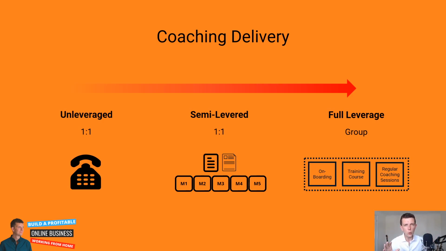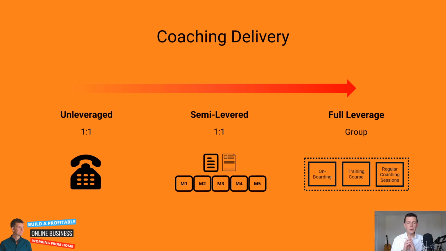Then training courses. I have several training courses built into my group program, so that means I don't have to teach each individual person one by one. It's now one to many, and people can learn through the courses. But then, for that, remember the continuity we were talking about, the continued momentum and support and inspiration